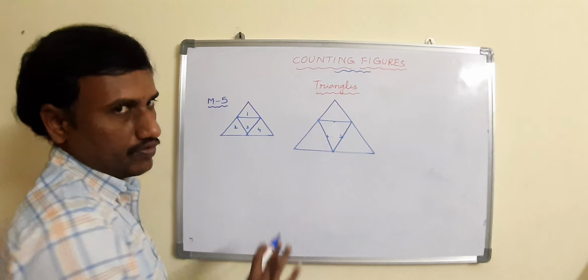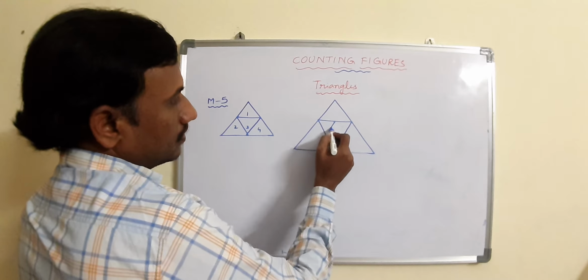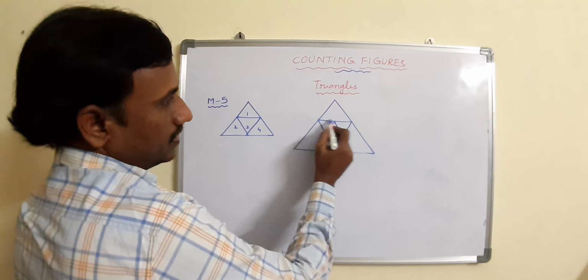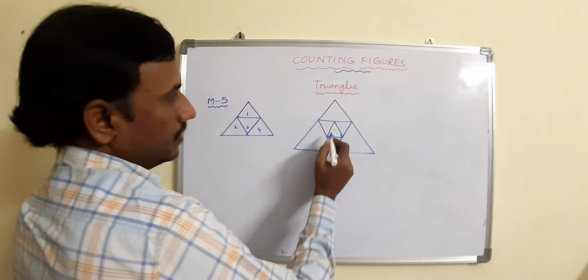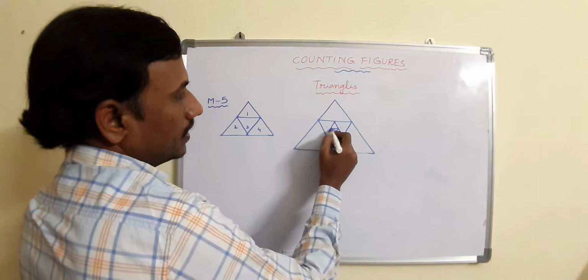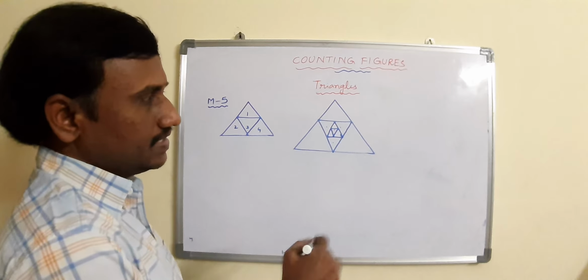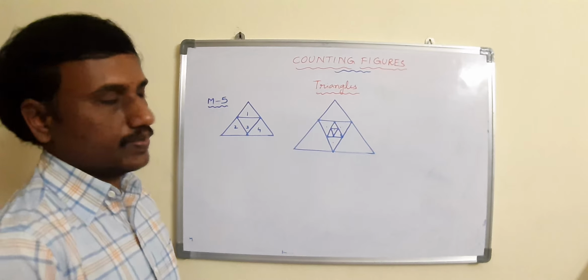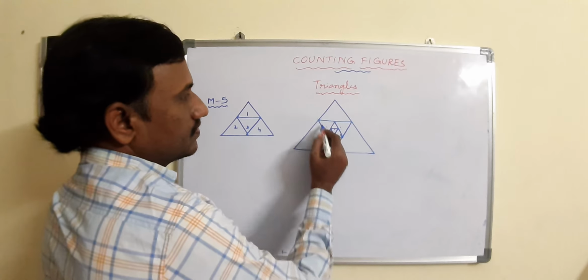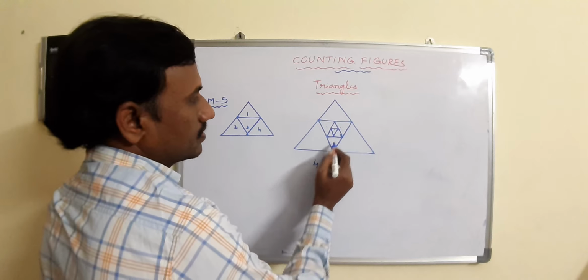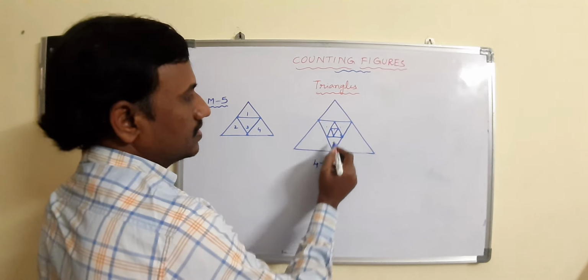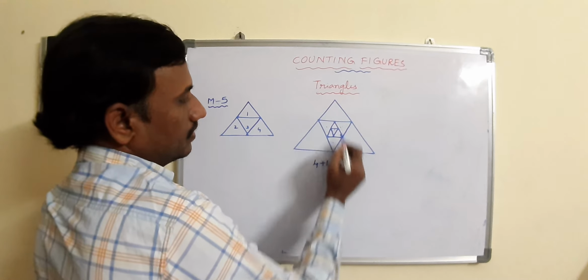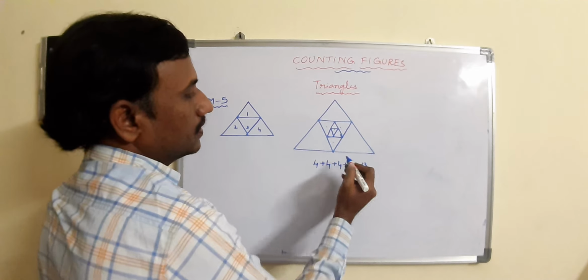For example, if it is not there, in total how many are we having? 1, 2, 3, 4, 4 partitions. And because of this again 1, 2, 3, 4. Why? Because this one we already counted. And again inside one more triangle like this they may give. That means each triangle, whatever we are drawing inside, divides the triangle into 4 parts. Because of this first triangle, here we are having 4 parts. Because of this second triangle, 4 more parts. Because of this triangle, 4 more parts. And this big triangle, 1. In total, how many? 13 triangles.